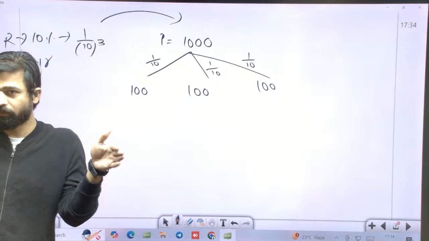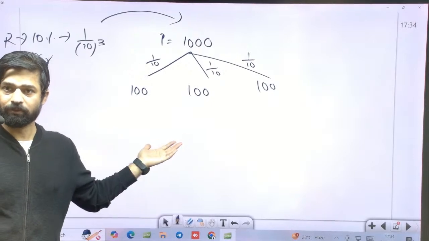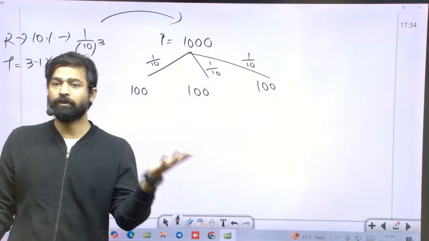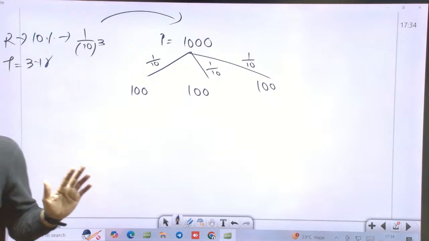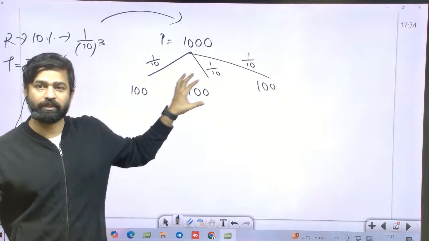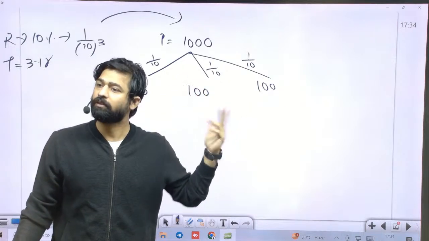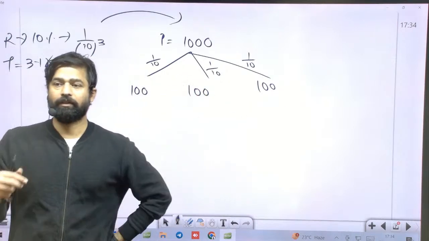So in horizontal we are getting what? Same values: 100, 100, 100. So same values must be SI or CI? SI. So this is the SI for the first year, this is the SI for the second year, and this is the SI for the third year. And let's move to